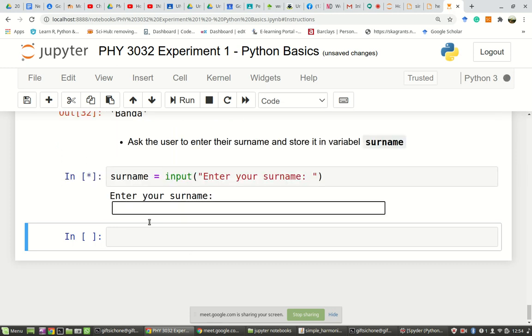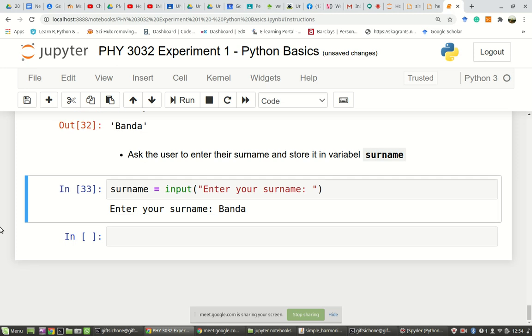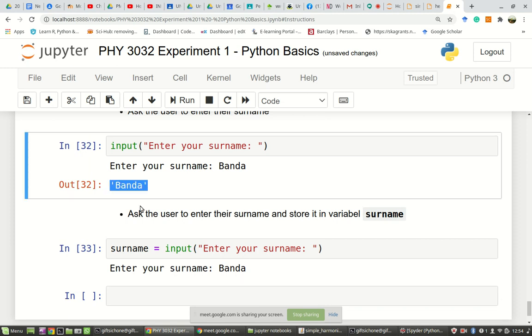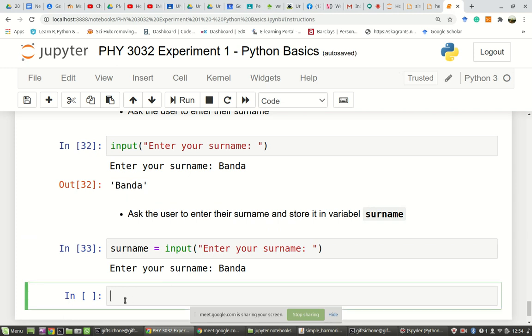Banda. Okay, so nothing happens. Now it's no longer printing out this Banda here. Python doesn't print out the Banda anymore. But that doesn't mean that nothing happened, because instead of displaying the Banda, that Banda has been stored in this variable surname. So if we say print variable surname,